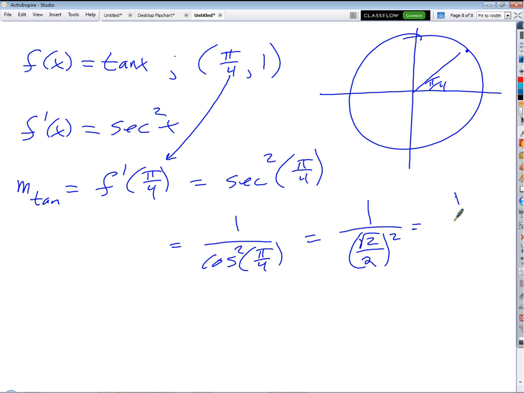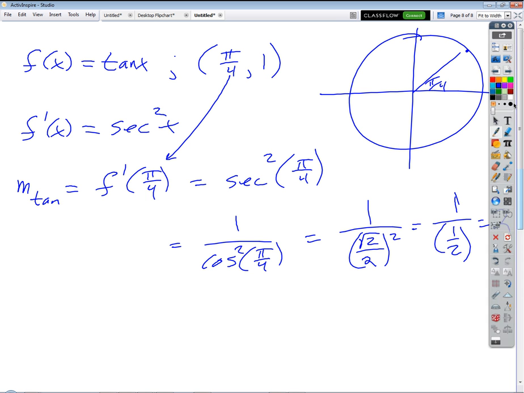So I get 1 over 1/2, which is what? 2. Wow. So the slope is 2. Okay? Right? Yeah. The slope is 2. That's my point. Now it's all downhill. Now it's algebra 1. Right? Now we can just say,